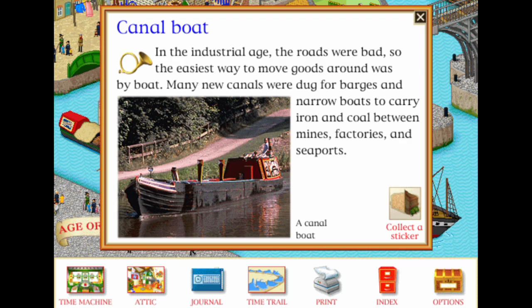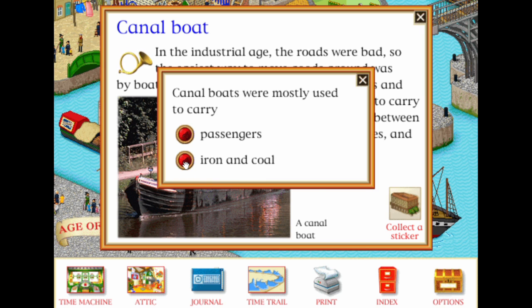Canal boat. In the industrial age, the roads were bad, so the easiest way to move goods around was by boat. Many new canals were dug for barges and narrow boats to carry iron and coal between towns. Canal boats were mostly used to carry